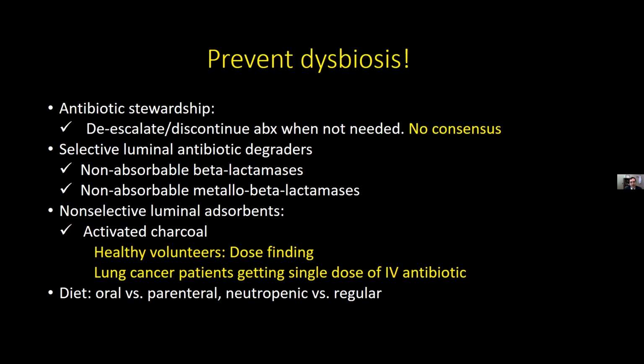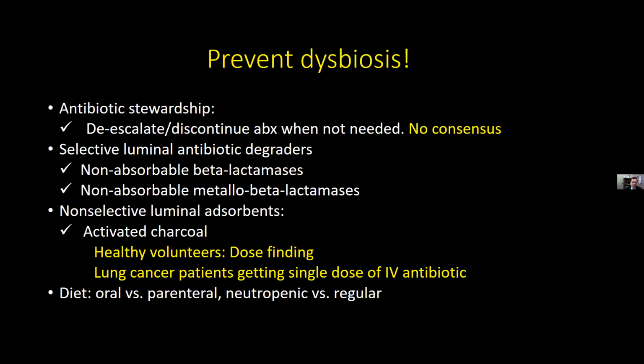But one could use these experimental agents at this point that are oral drugs that degrade antibiotics that reach the lumen of the colon. So these are non-absorbable. But when, for example, a cephalosporin that's given IV for a purpose, for say cholecystitis, when a fraction of it reaches the lumen of the colon, then these non-absorbable beta-lactamases will degrade it and don't let them damage the microbiome. And there are various compounds that are in different clinical trials, and some have moved forward to even phase 2